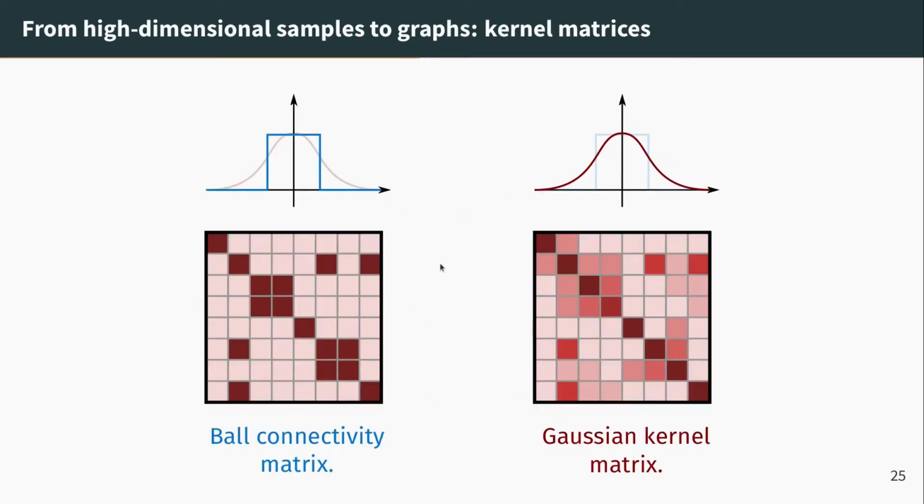And even though we could work with this sparse connectivity matrix, we could also decide to work with a smoother kernel matrix, the kind of object that we saw last week. And this is just the object that pops up when, instead of applying a discrete threshold on a distance matrix, I apply a soft threshold function. And maybe this is more computationally expensive, even though, as we're going to see at the end of the lecture, it's not always the case. Sometimes it's actually much more efficient to work with this matrix than with this one. But most importantly, the advantage of this method is that you do not have this sharp cutoff anymore. And so if you want to design smooth decision rules, things that are a bit more robust, probably this is a good idea. Okay.